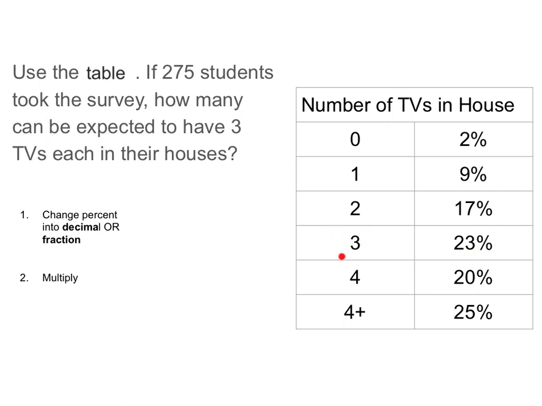So we have 23% of the people that have 3 TVs in their house. Well, if it was out of 275 students, we have to figure out, well, how many students have 3 TVs in their house? So we are going to first write this as, I want to take 23% of